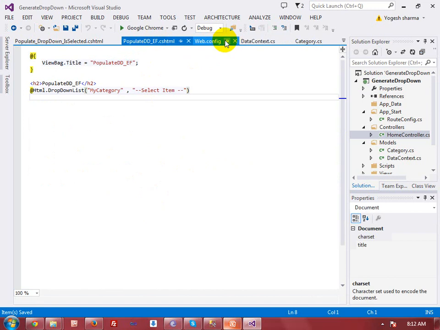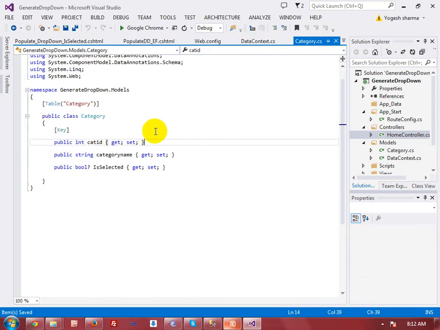Category.cs is the category table class where I am doing the mapping from C# to the database table. Here I am using the Table data annotation as well as the Key data annotation. Remember that the Key annotation and the Table annotation are compulsory to perform this task.